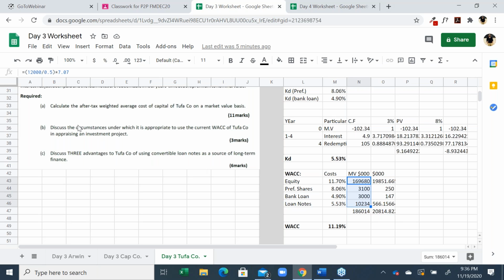So one of the circumstances that they are talking about is the same, that we will be assuming that the new project will not change the capital structure of the company. This is the first assumption that we usually use when we use WACC for appraising projects, right? The second one,